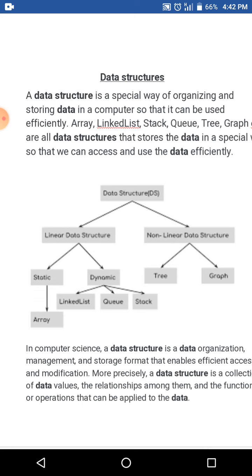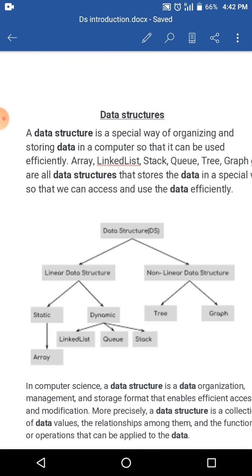Systems are connected to the server, otherwise all the systems are connected one to one. Every system is connected with one more. Just like that, by data structures we can say that it is a collection of data values in a good format. At the same time, we can make a good relationship among the data.